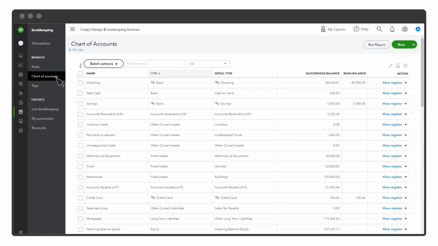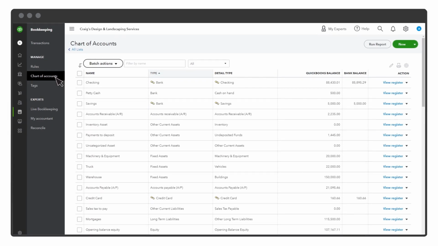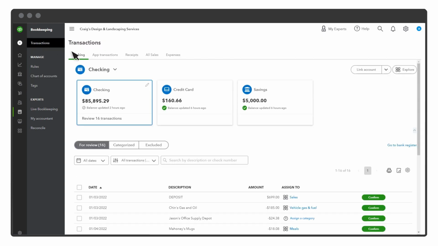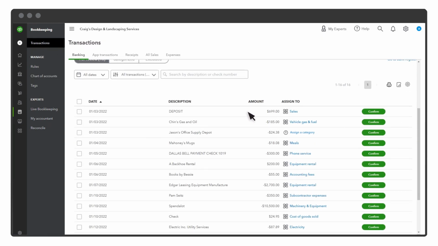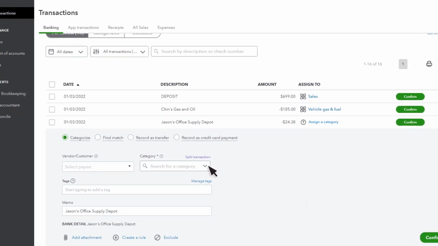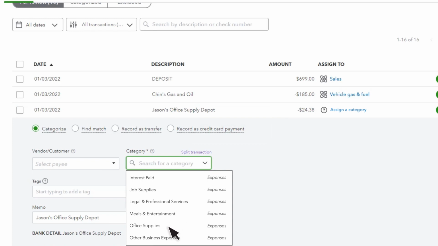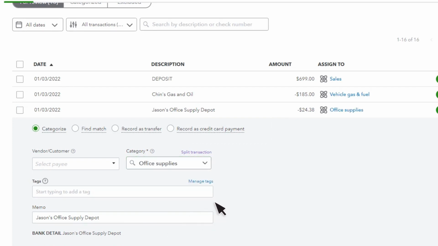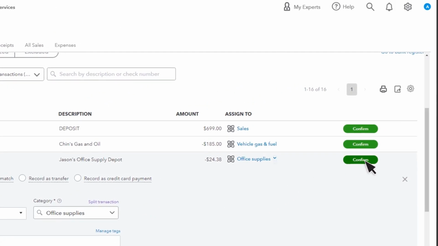Every transaction you record in QuickBooks affects at least two of these accounts. Usually, it's the bank or credit card account you spent or received money to, and then an account that describes why. Let's look at an example. Open the Transactions screen. You see a purchase of some staplers for the office. The transaction is already assigned to the correct bank account. You just need to enter the correct category for why you spent the money: office supplies, an expense account.